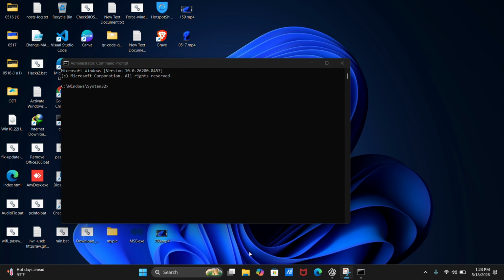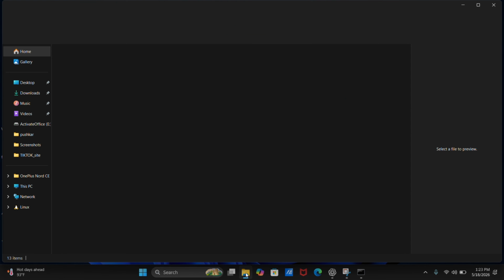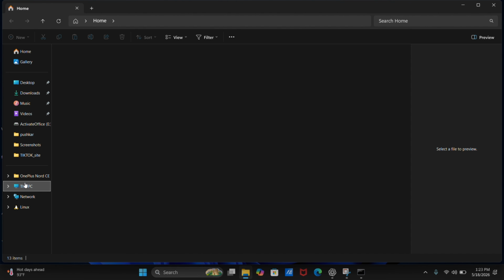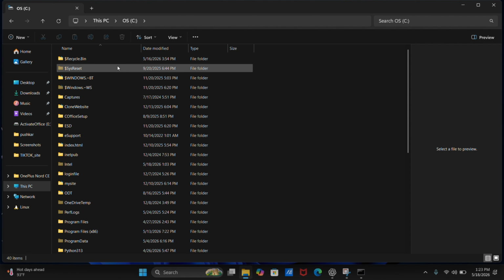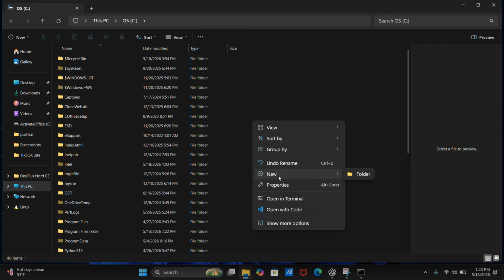Now let's move on to step number 2. Click on the File Explorer tab, then click on the This PC tab, then choose your drive where you want to create a new folder. So I'm going to create a new folder on my C drive. Double click on this, right click on the C drive, then click on the New tab, then click on the Folder tab,